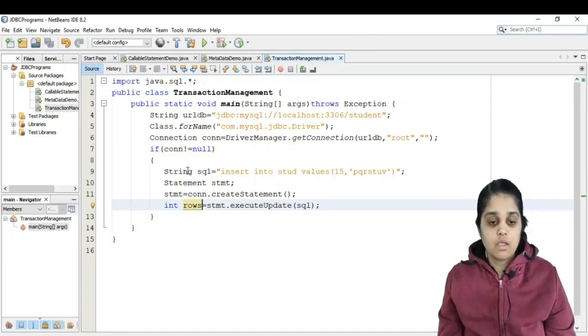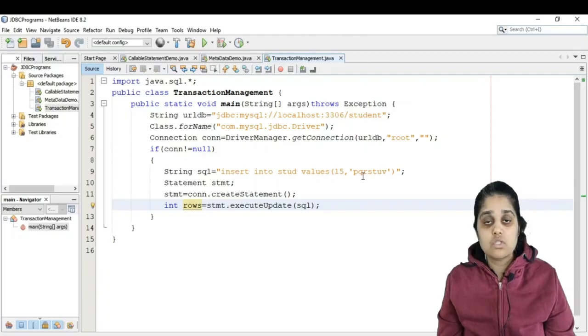Till now you are doing this much, and after your executeUpdate, when you were firing this, you were always returned number of rows affected 1. So one row was being inserted by default, and whatever things were reflected in the database, you were able to see by default. But here you want something: if it is successful, you want to store it. If it is not successful, you want to roll back. So in that case, you have to keep provisions for saving it or undoing it in your program.